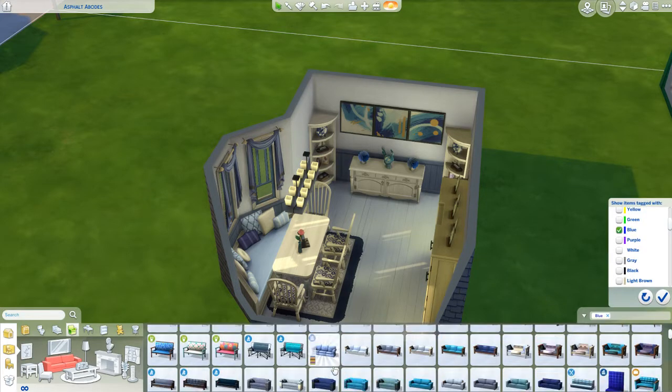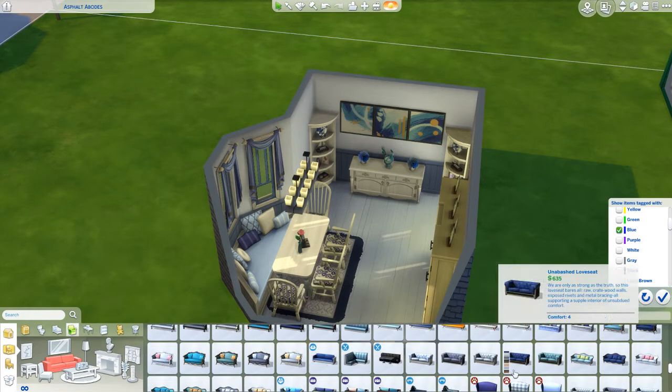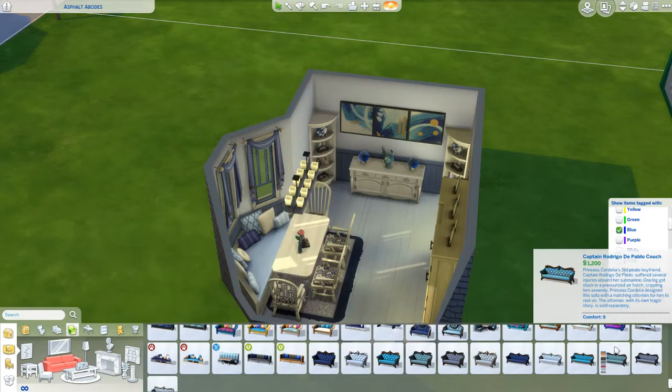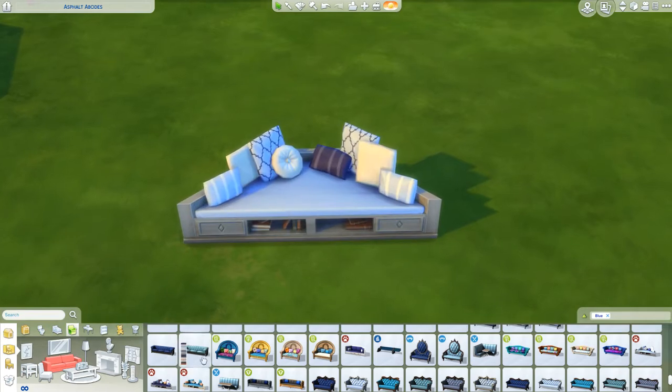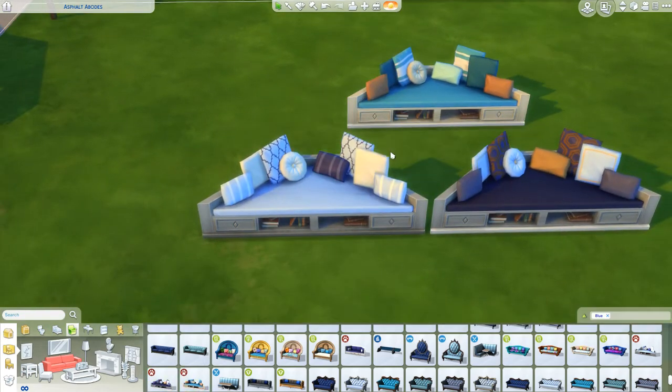So I sorted by blue. I was like, oh, I want to do some pops of blue. And this is really where I started. I really want to do that window seat. I want to do it in blue. Okay, look, there's three options. There's this light blue with the gray. There's this dark blue with the gray and the gold. And then there's this